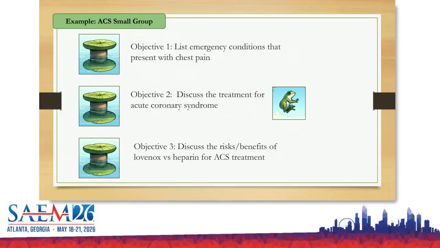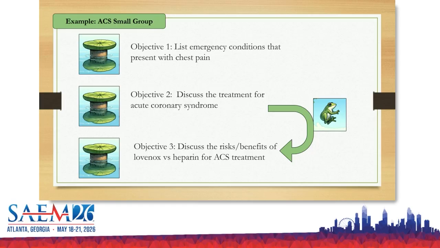So I make a little transition, I'm on my second objective, I ask that question to activate. People might talk a little bit, and then for my little lecturette, I have the AHA guidelines for ACS management in front of me, and I'll just say, okay, we brought up a lot of good things, there is some practice variability, the thing you have to know is the ACS guidelines, and this is how we follow them. Again, very clear about what they're going to take home from that. But they've connected it to what they learned, and highlighted, maybe they're thinking, oh, I didn't know that. But their discussion is really going to get them engaged with that thinking.